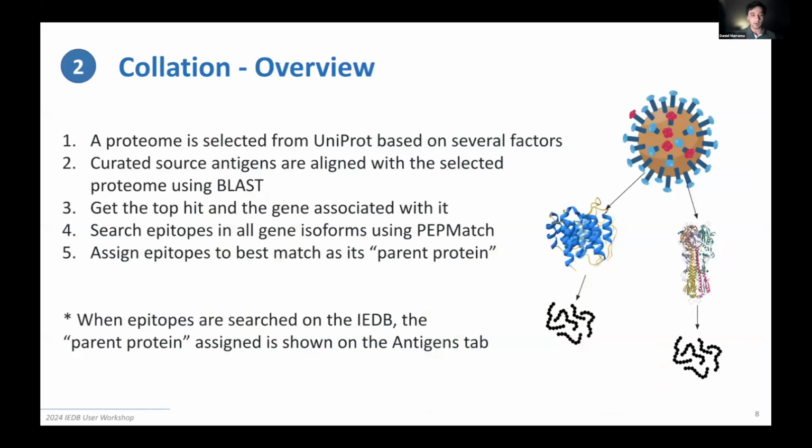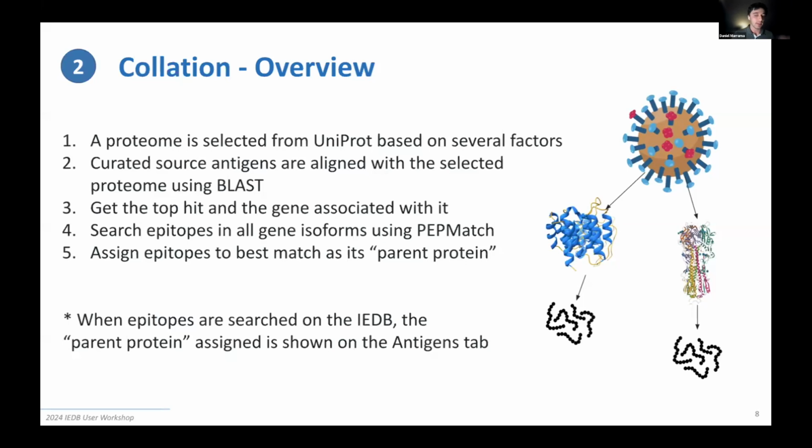So as an overview of how we do this, for each species that we have, a proteome is selected based on a number of factors, and these proteomes come from UniProt. Then all the source antigens that I mentioned, which come from the papers that we curate, are aligned using BLAST against that selected proteome. And then we get the top hit from that BLAST alignment, and then we get the gene associated with it